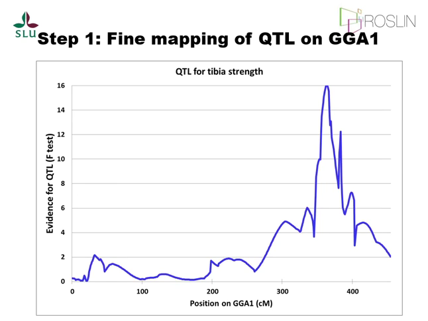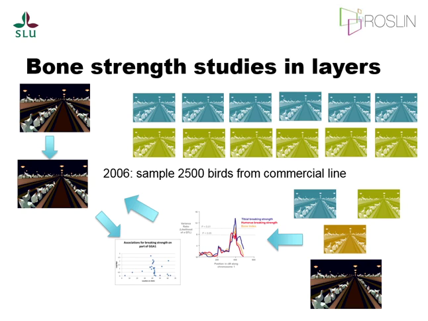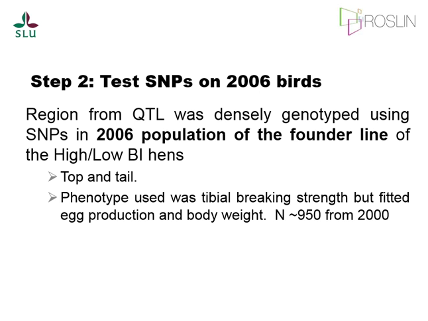So the first thing we did was add more markers to that, and we got a reasonable refinement. We got the area a little bit narrower. But of course, with an F2 cross, you can only get so far. But luckily, this commercial population, this breeding line at the company, is ongoing. So we can always go back to the founder population where the birds were originally taken from. We just have a later generation. So that's what we did as a next step in 2006.